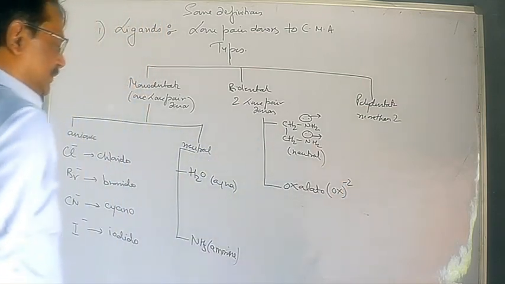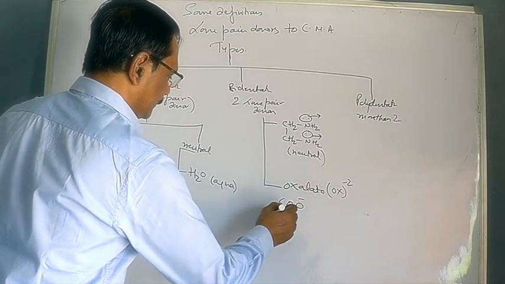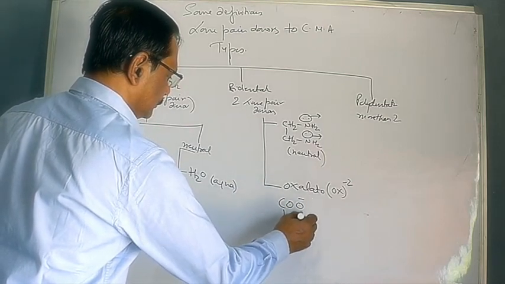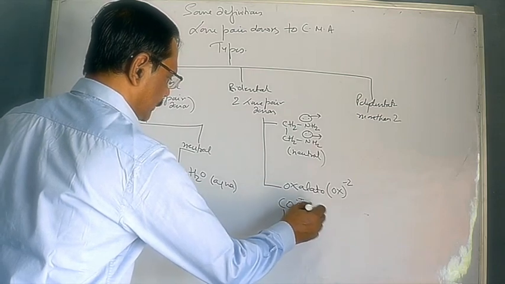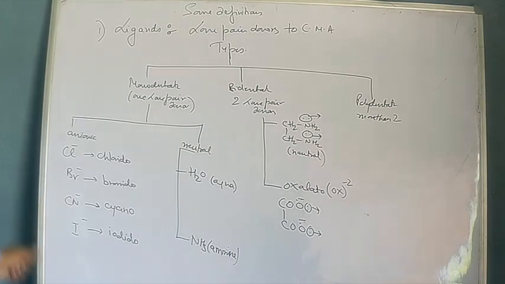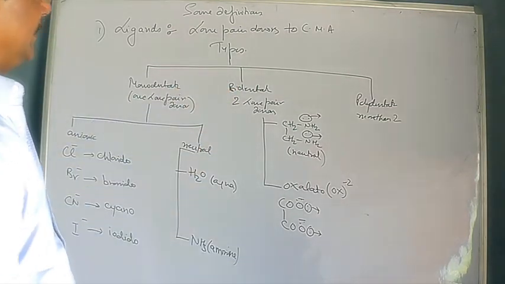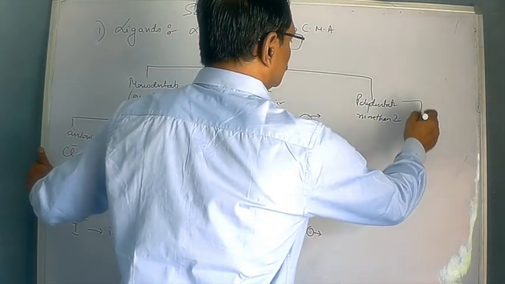And it has two negative charge. How to write the formula? COO negative, COO negative. So one lone pair donated by this O and one lone pair donated by the second O. Now class, we have one example of polydentate ligand called